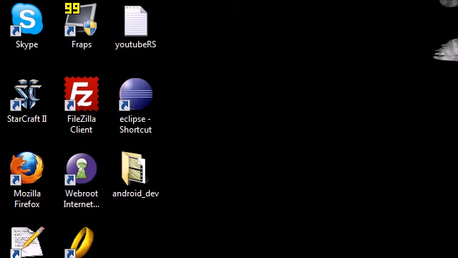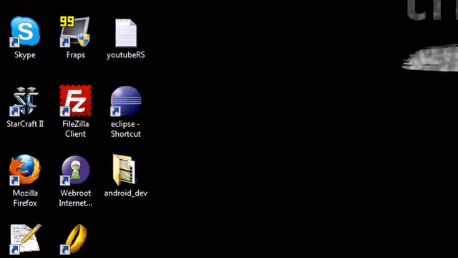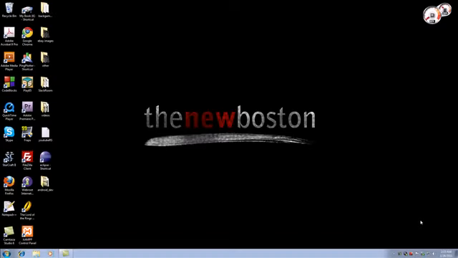Now in this tutorial what we're going to be doing is downloading some more stuff we need in order to develop on the Android. So the first thing that I'm going to have you guys download is called the Android SDK. Now the Android SDK is pretty much a package that includes things such as the libraries, the debugger, some sample code, documentation, and also the emulator, which is pretty much a simulator so we can run Android programs on